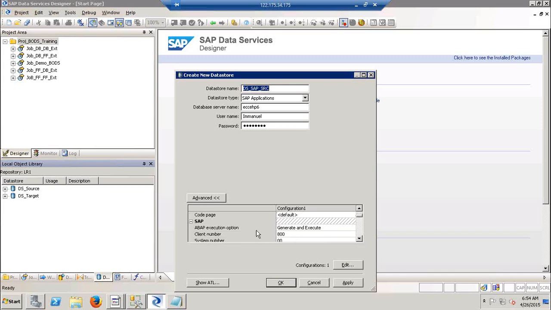Then ABAP execution options. So there are two options here. One is generate and execute. The second one is execute and preload. So ABAP execution. So what happens is,